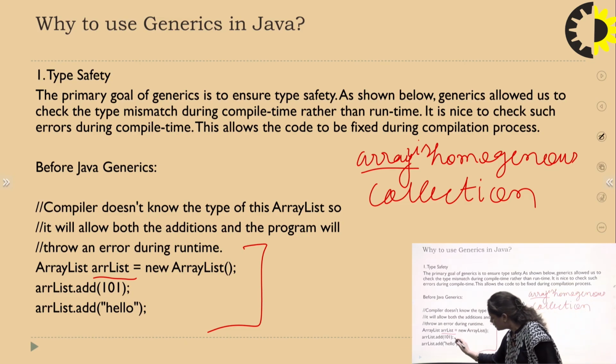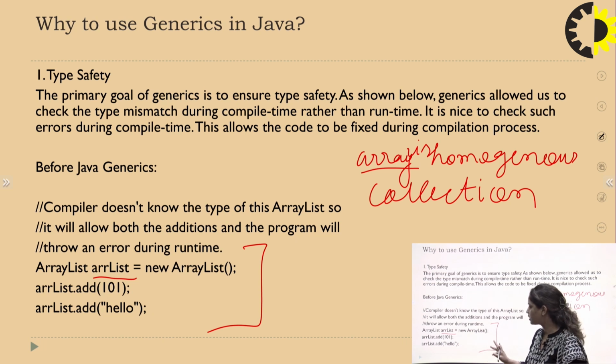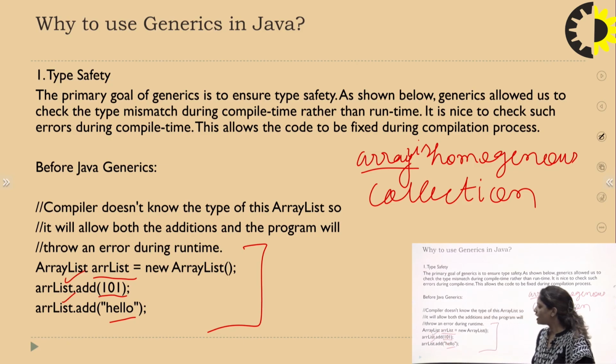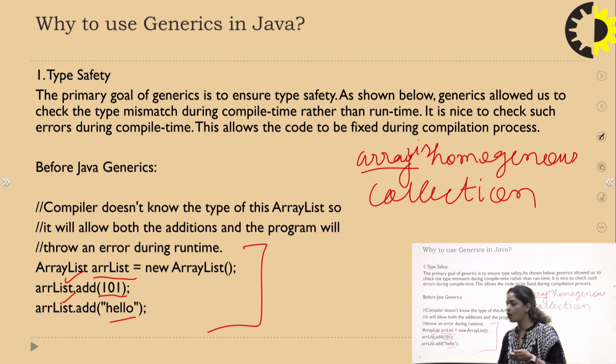But when the programmer is coding, what mistake might the developer make? They insert the values 101 and hello, which are two different values. They are not homogeneous data, they are heterogeneous data, inserted in the same list named array list. At that time there will be no issue while the programmer is writing the program, but during compilation, an error will occur, because these two data belong to completely different data sets and they cannot be part of this array.